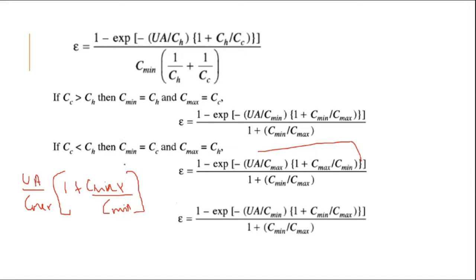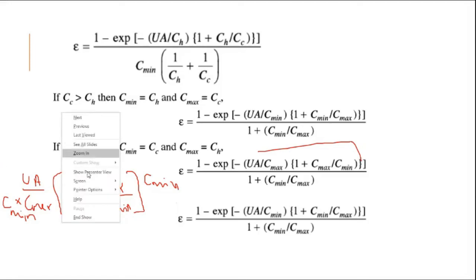Yes, sir. Okay. Now for the term with the exponential, we are going to multiply and divide it by Cmin. So multiply by Cmin and divide by Cmin. The division I am going to do over here. So I am going to put this Cmin in the denominator of UA. Can we write like this? Yes or no? Can I write like this? Sir, once again, can you repeat it, sir?